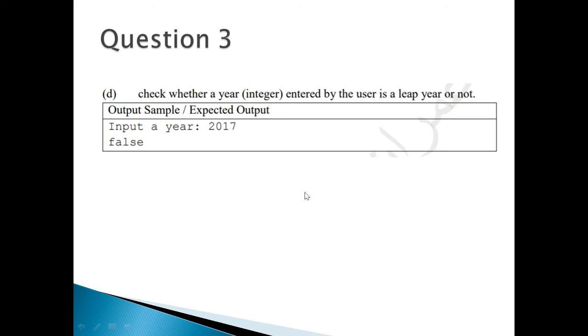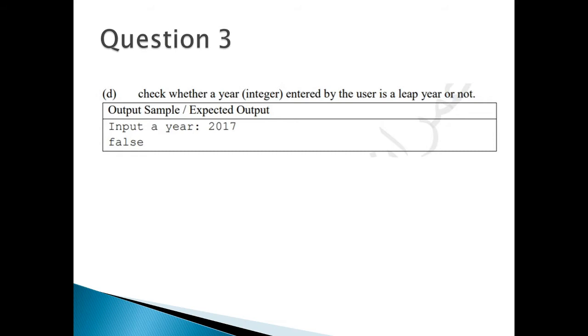Okay, so what are the conditions of a leap year? Number one, a leap year must be divisible by 4. Okay, must be divisible by 4. Number two, a leap year can also be a year that is divisible by 100, and